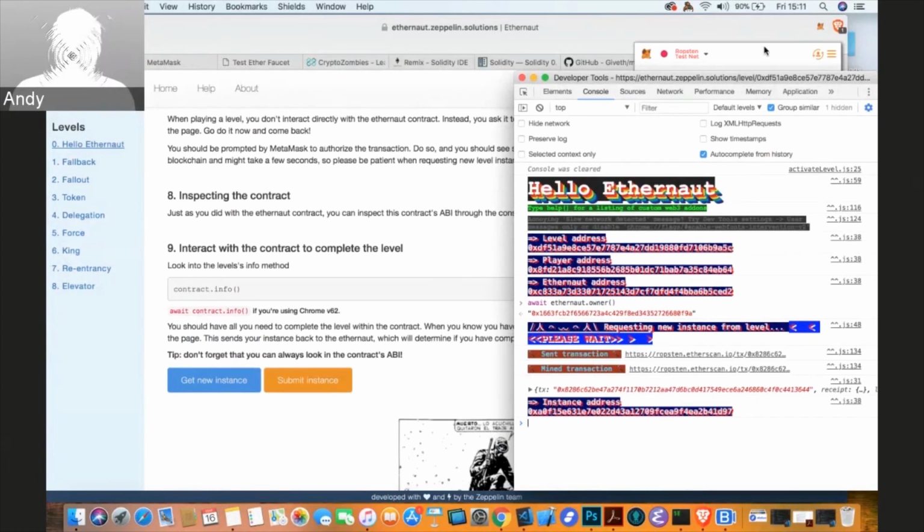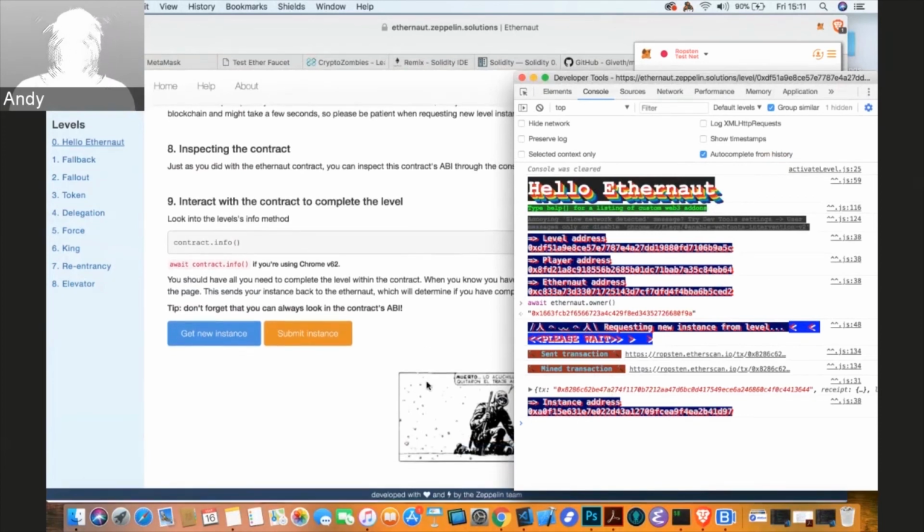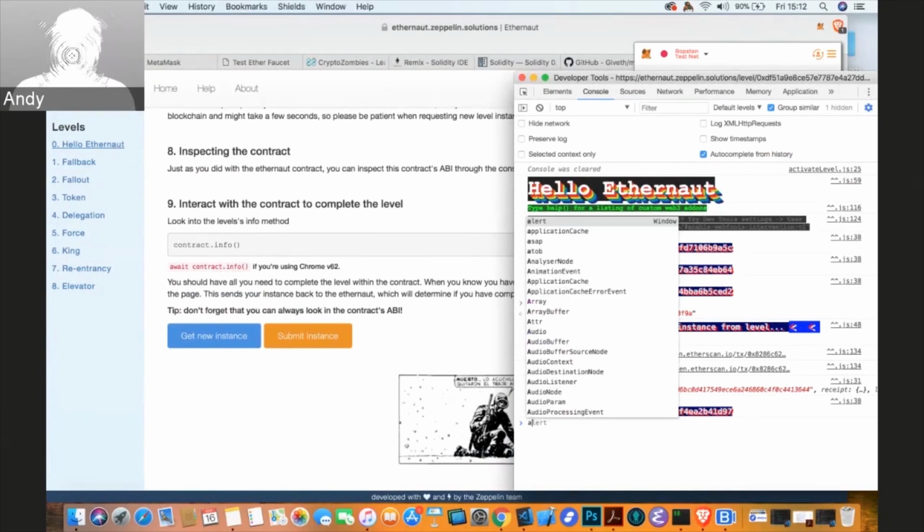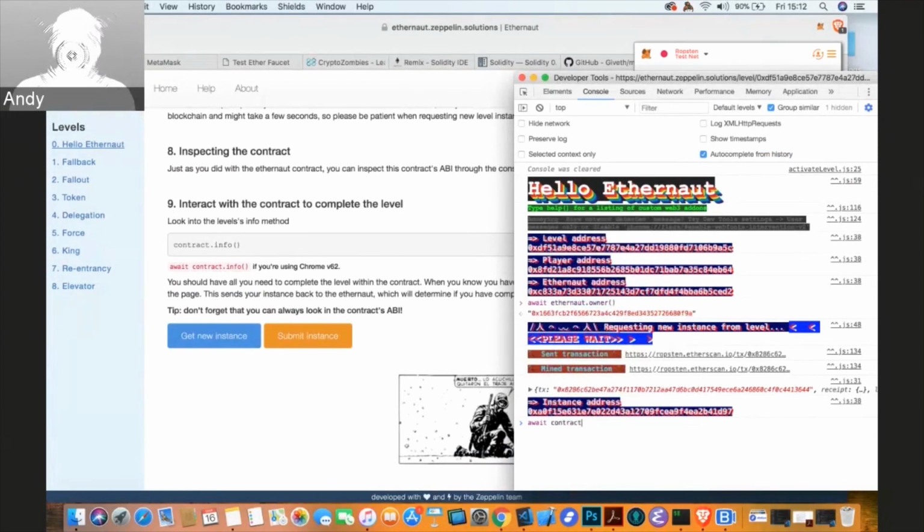So you can actually see the delay as the contracts get deployed and get a better sense of what it's actually like to develop for real on Ethereum. So we've deployed our contracts. We've got the instance address back. And now it's time to start interacting with it to see what we can do to get out of it. And they give us the first thing that we should call on the contract in order to get started trying to understand what's in this contract and what we need to do with it in order to complete the level. So we call contract.info,